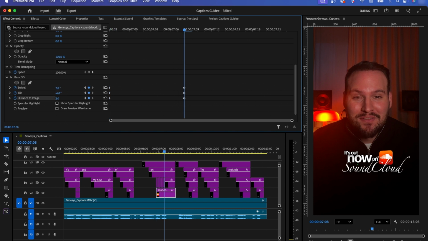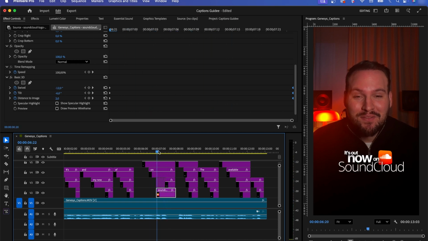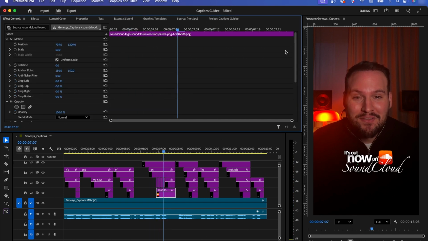Move a few frames forward, add keyframes to all values again, and change them to the opposite so we get a smooth movement. Then move all the keyframes to the end of the icon, which completes the animation. Out now on SoundCloud. What we can do now is go to the first frame, set a keyframe on scale,